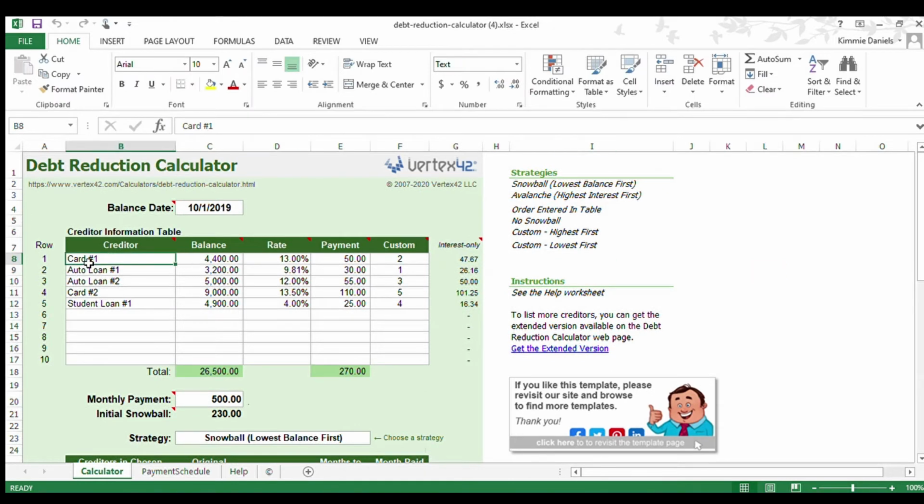And now I'm just going to put in information. So I'm going to start off with scenario 1, which is based off of my situation. And I'm going to put credit card number 1. And I'm just going to use the arrow keys.